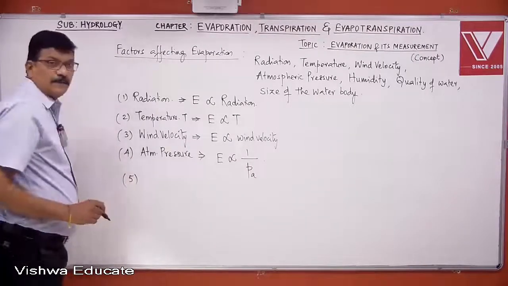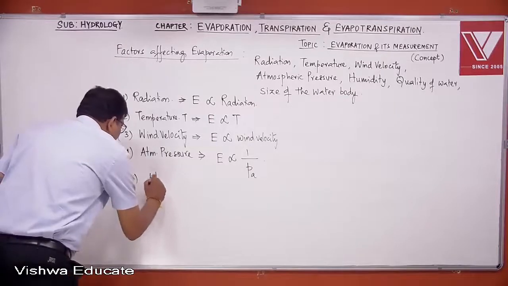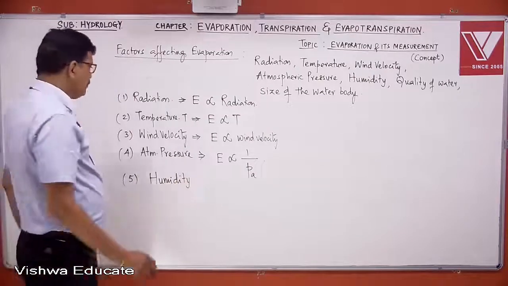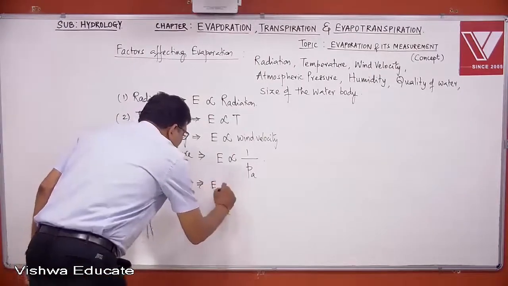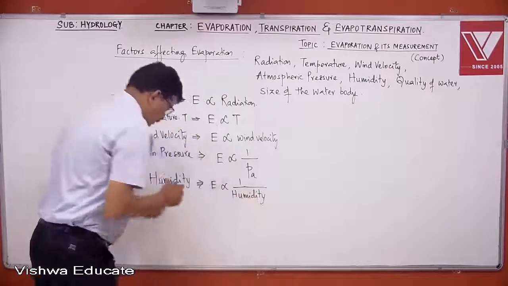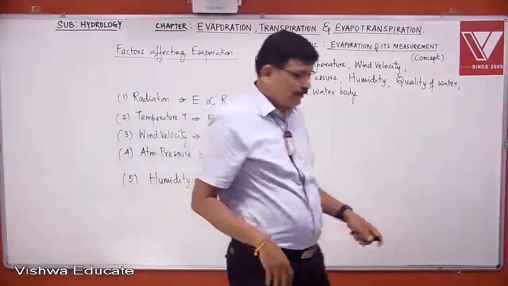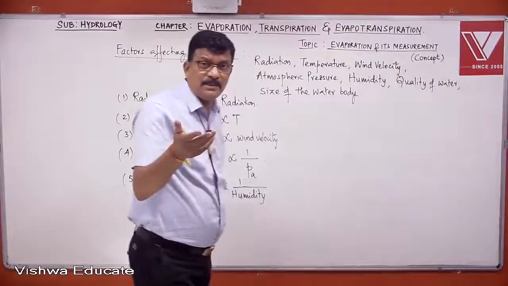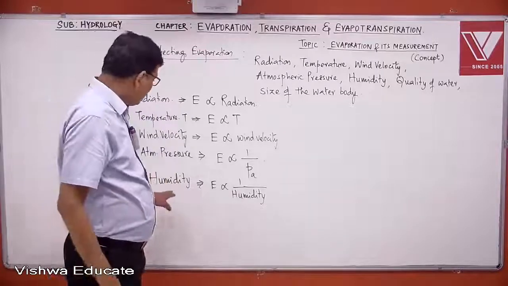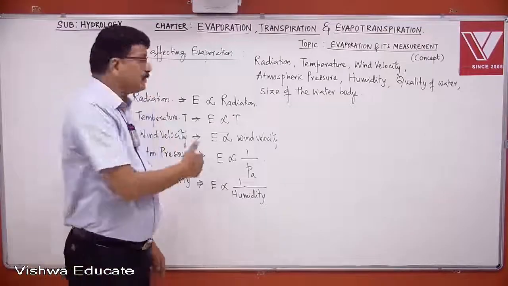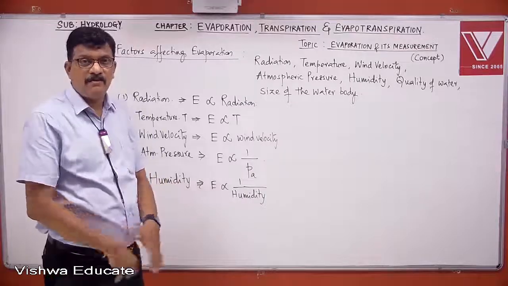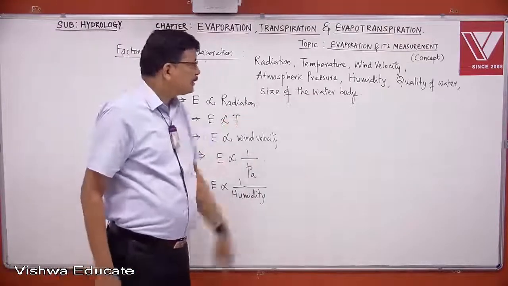Number 5, humidity. Humidity also is inversely related to evaporation. The higher the humidity, the lesser would be the evaporation. As the humidity increases, evaporation rate decreases, and vice versa. So in this session, we will stop here and continue the discussion in the next session, wherein we will discuss the remaining factors affecting